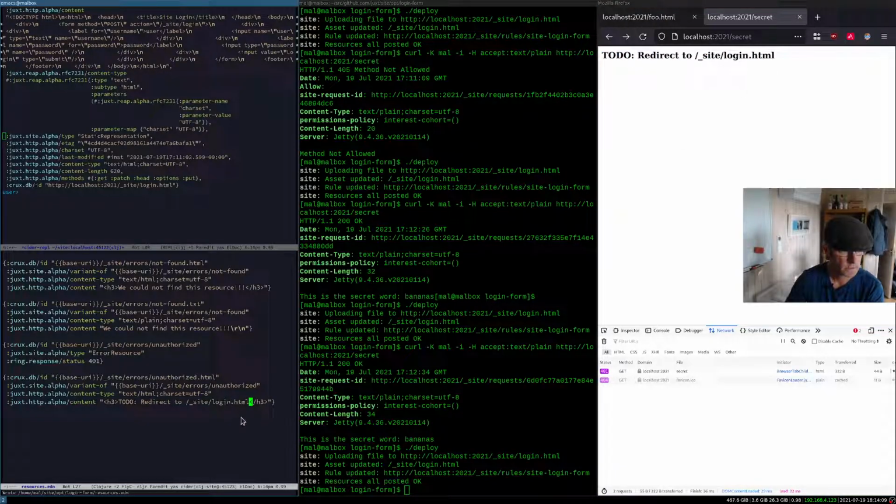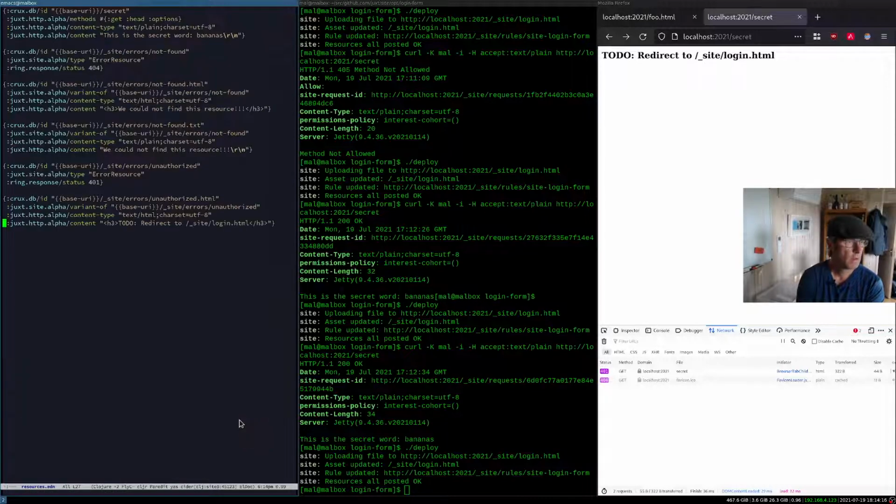Now it so happens that with HTML, we can hard code an href, a redirect, and we do that with a meta tag. I'm just trying to think how to do that in this here,